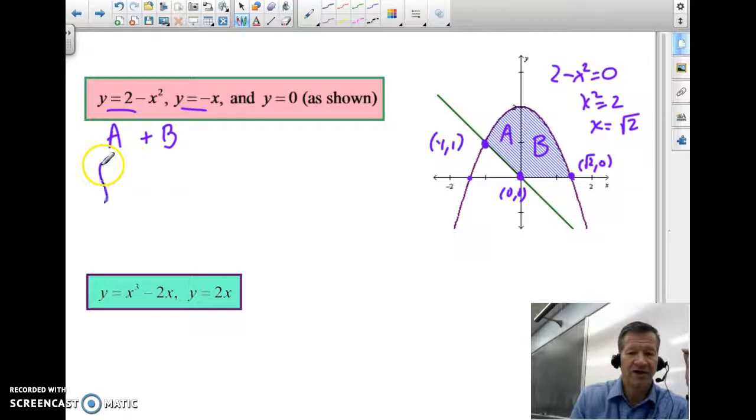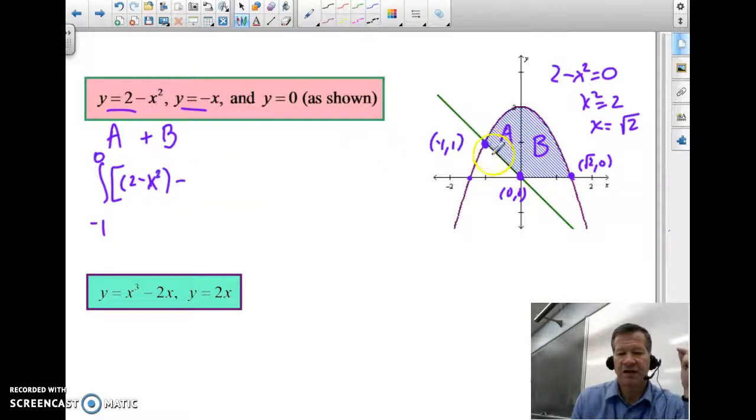So I'm going to integrate from negative 1 over to 0. And what am I integrating? The parabola, 2 minus x squared is the upper limit. That is a bad 2 minus x squared. Minus the line y equals negative x, minus a negative x would be plus x, with respect to x,